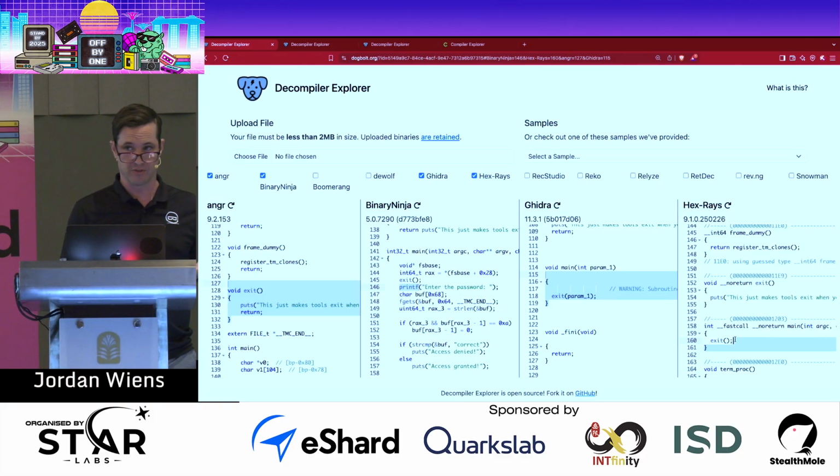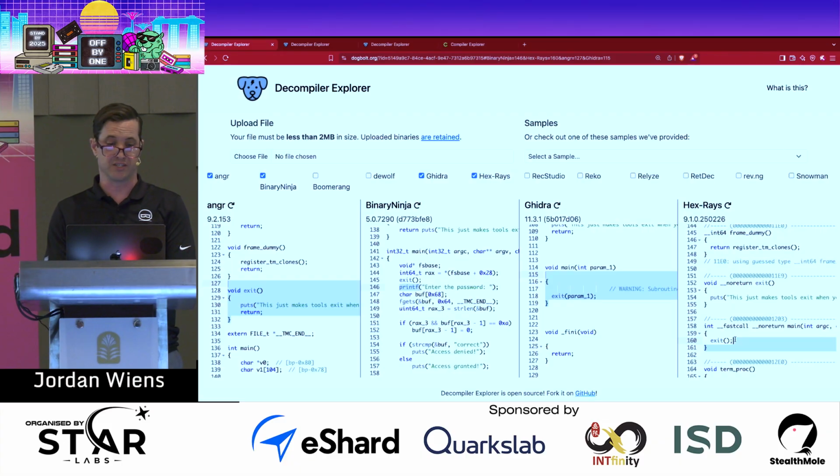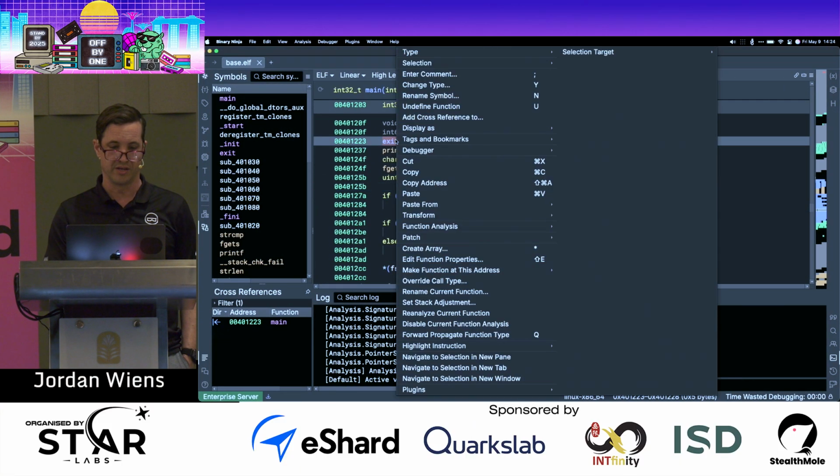Now, the right way to do this is to actually make sure, one, if it's statically compiled, if I have a statically compiled libc, I should have some sort of signature library. I should be doing some sort of matching of that function, and then I can apply the annotation, the extra information, that this function actually quits, does not return. Now, you can fix this, right? I actually don't know in Ghidra the particular method for it, but in Binary Ninja, I can edit the function properties, and